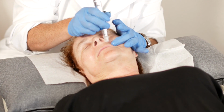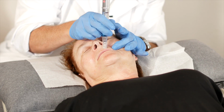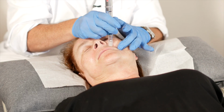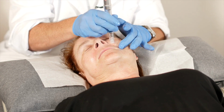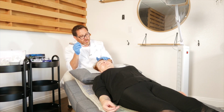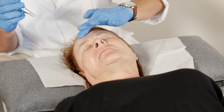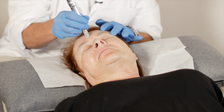We're going to spread this area a little bit and we're going to just quickly scrub. We want to do it really quickly so they don't have to feel too much. And again, you're going over it 3 to 4 times and done. And the same thing we're going to do with the forehead. We're going to place it on the specific areas we want to treat, those wrinkles, rather than maybe treat the entire head. And we're just going to quickly scrub over that